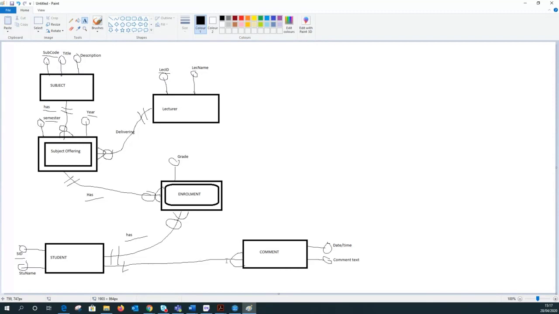Because if I leave the comment as a separate entity, it can't sustain by itself, yeah? So that means comment looks like a weak entity, not a strong entity. It depends on the student, right? So what is the identifier or the primary key for the comment? It depends on